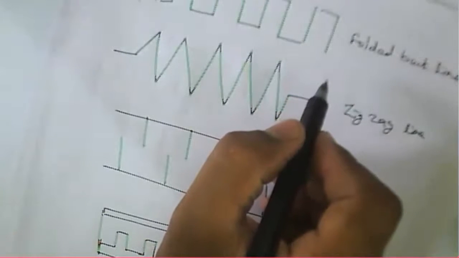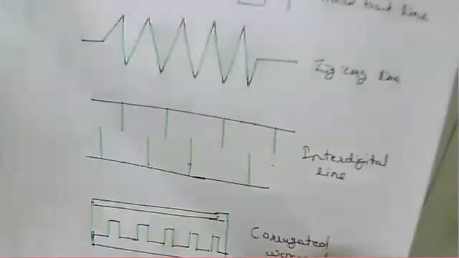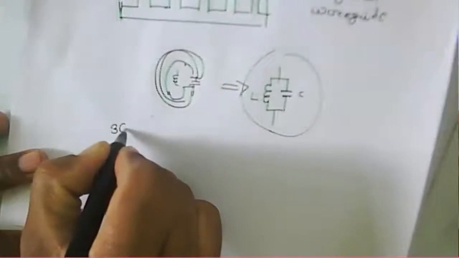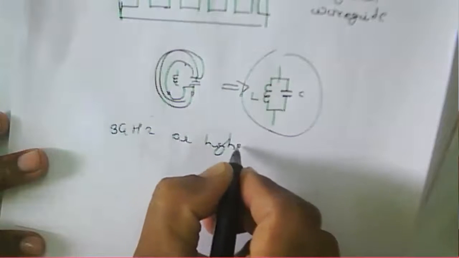But in the case of a slow wave structure, which is a non-resonant structure, it will produce a large gain over a wide bandwidth. So that's why the TWT is used for wideband applications. Generally, TWTs are used above 3 gigahertz, or we can say a higher one.